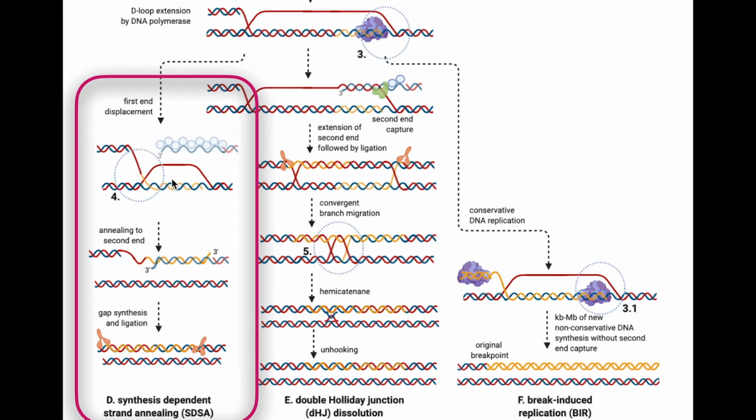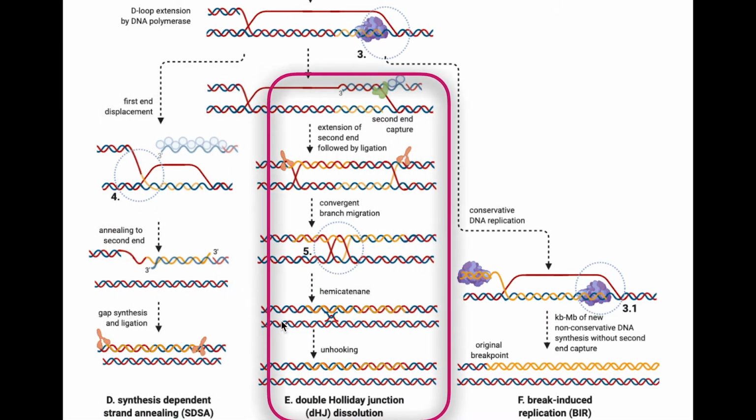In the outcome of synthesis-dependent strand annealing, short regions of newly synthesized DNA are displaced from the template strand and annealed, then ligated to the resected DNA that comes from the other side of the double-strand break, or the second end. In a different outcome, the second end is instead annealed to the displaced strand of the D-loop, creating an additional substrate for polymerase action. Complete DNA synthesis leads to the formation of a structure called the double Holliday junction, which topologically links the two